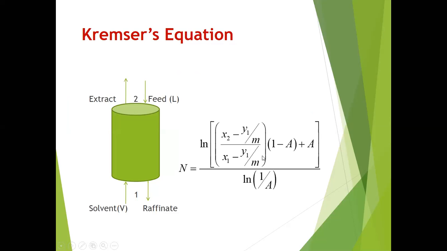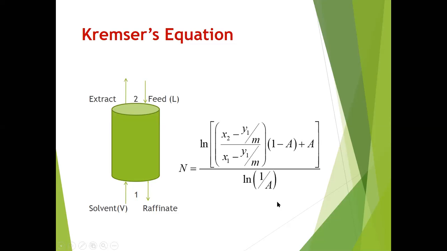Although you are allowed to do that in the quiz or in our exam, but on the board, you should have a graph wherein you will really have to do it graphically, because you need to plot your dilute end, project it on your equilibrium curve, and draw a line tangent to your equilibrium curve at that particular point and get the slope, because that's what is required by the Kremser equation for the m here.